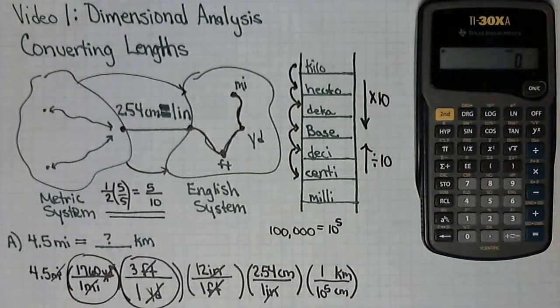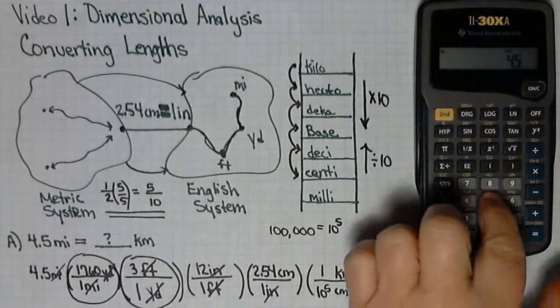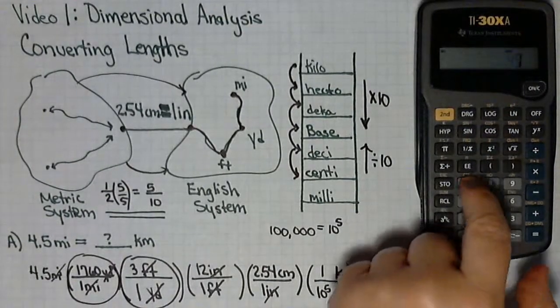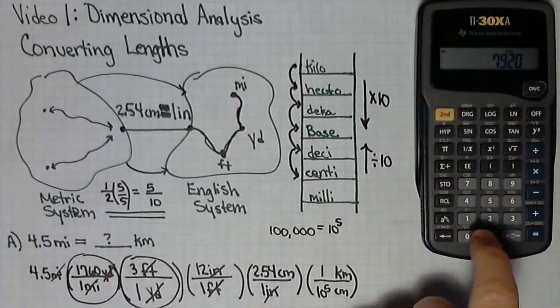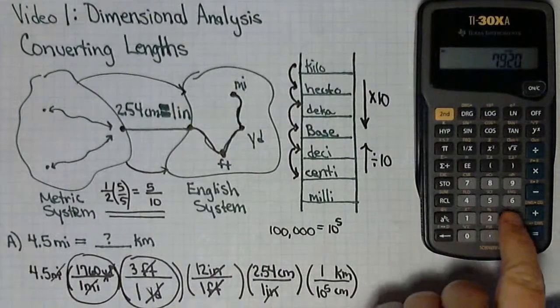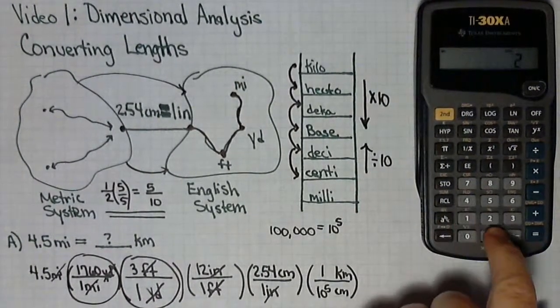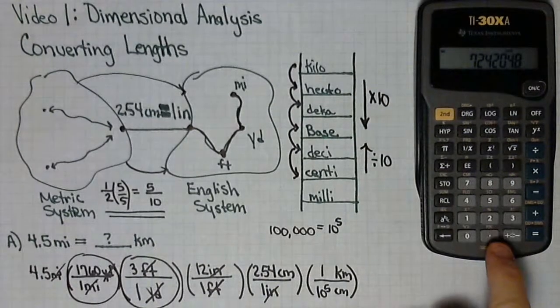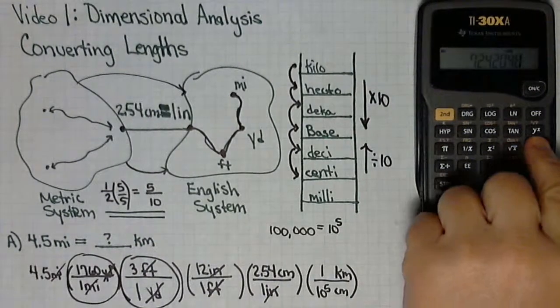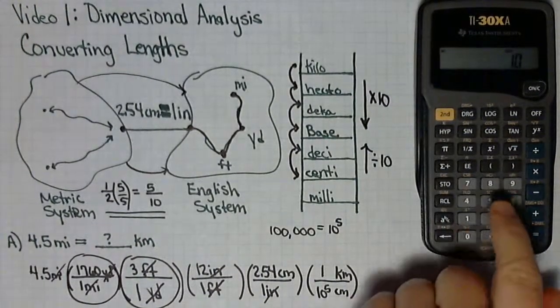So I'm going to go ahead and type this out real quickly. 4.5 multiply 1760 multiply 3 multiply 12 times 2.54 times 1, that's not going to do anything, divide 10 to